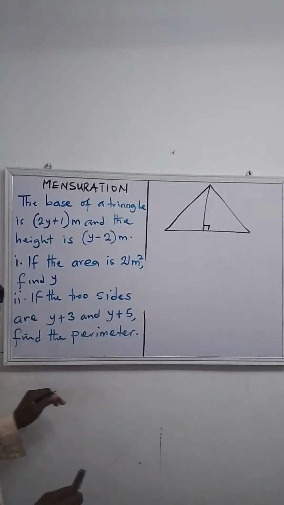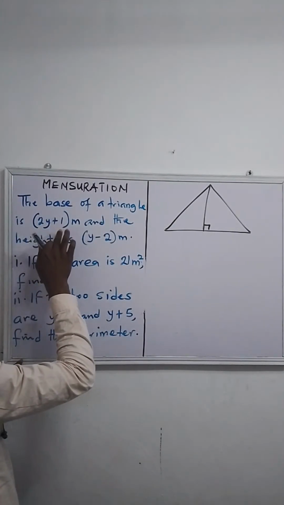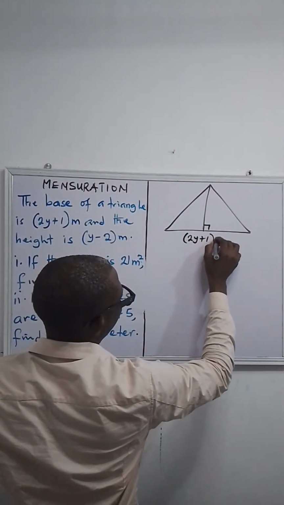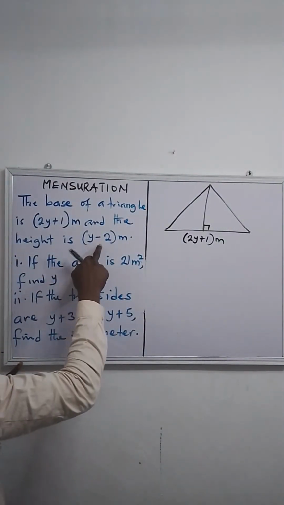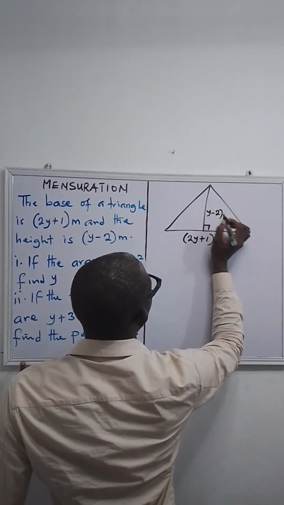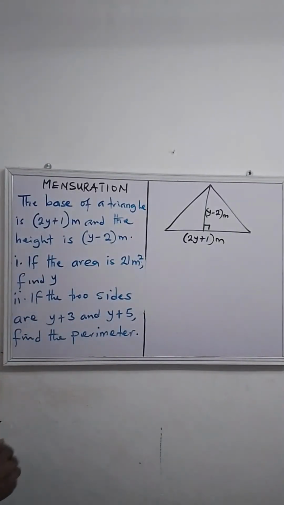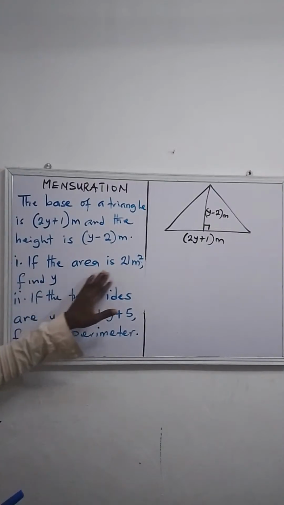Okay, so now the base of the triangle is 2y plus 1. So we have 2y plus 1 as the base, that's in meters. And the height is y minus 2, we have y minus 2 in meters. So the question wants you to find y if the area is